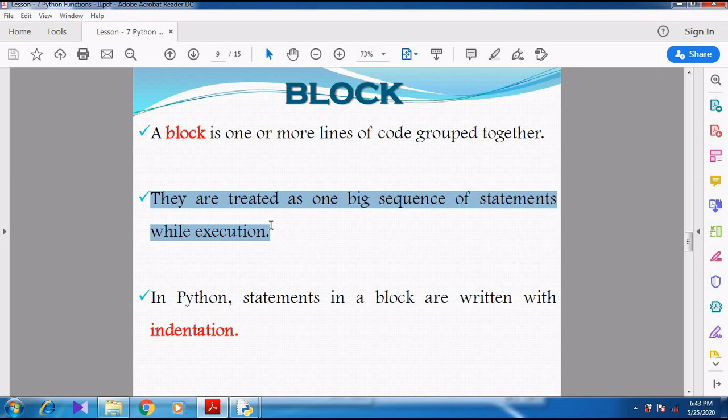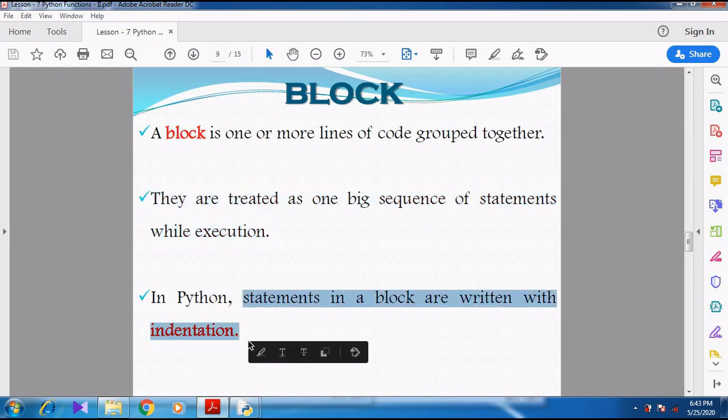All are considered as a set of statements, group of statements, sequence of statements, and all are executed one after another. But all the statements in the block are written with indentation. We want to follow the indentation in a proper manner. Otherwise, Python shows an error.